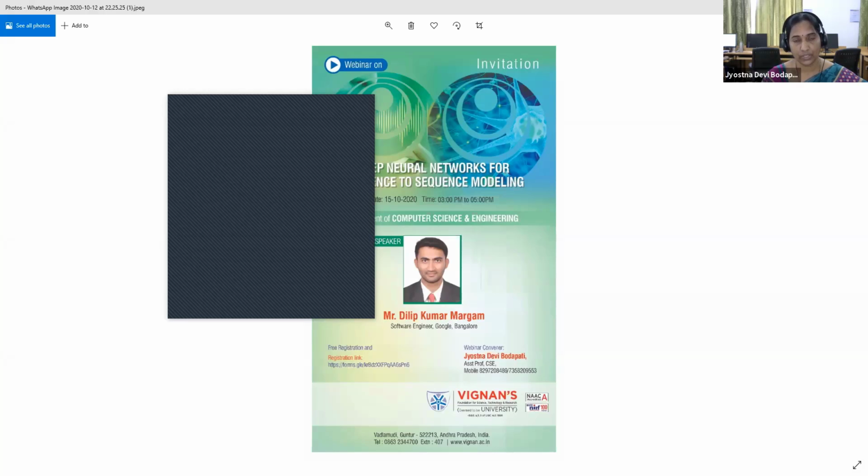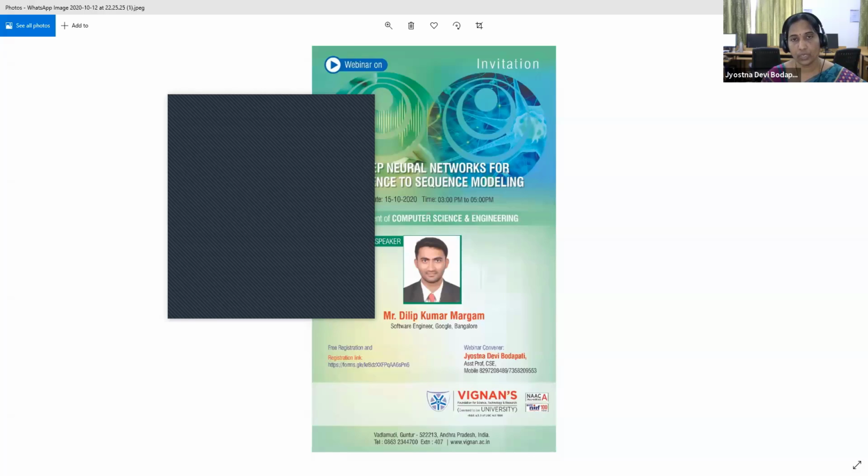For example, in machine translation, the input is a sequence of words in one language, say Telugu, while the output is a sequence of words in some other language, say French. That is the kind of application where we can use sequence-to-sequence modeling to represent the task. These models have become quite popular in the recent past and have been widely accepted by the research community. Applications include machine translation, text summarization, speech-to-text translation, and video captioning, etc.